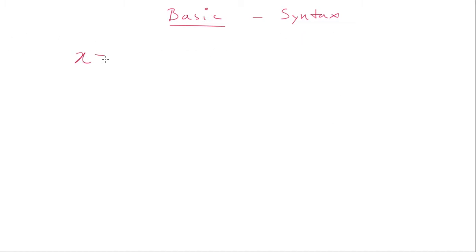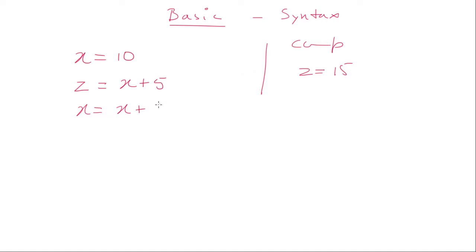If I said x is equal to 10, right? And then I said z is equal to x plus 5. What is z? What is the value of z? Okay, let me just, this is say the back end of the, this is the memory of the computer. So what is the computer thinking? Comp is thinking z is equal to 15, right? If I write something like x is equal to x plus 5 or x plus say 2, what does it mean?